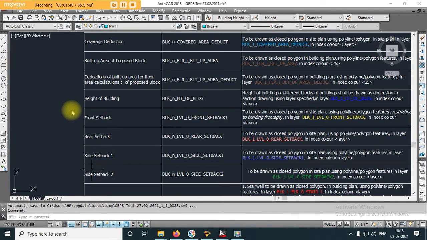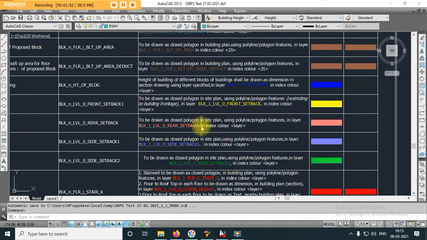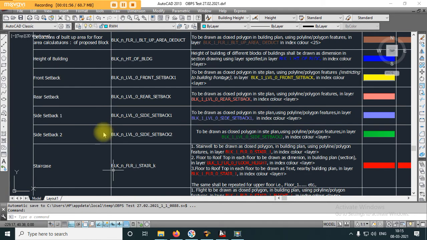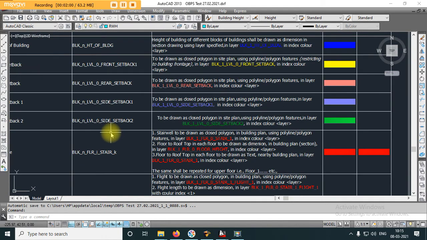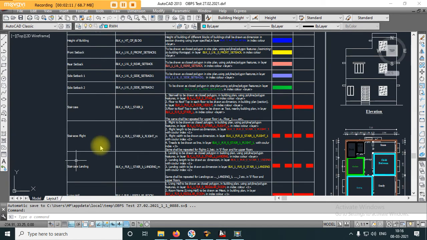Likewise, setback. See, the color code for a setback is yellow. Then coming to staircase. Regarding staircase, you have to declare with different color codes. The staircase has to be declared in three formats.